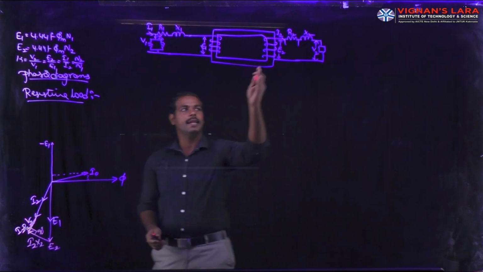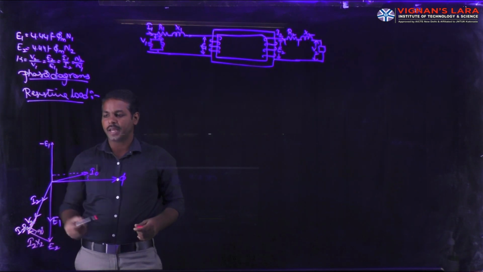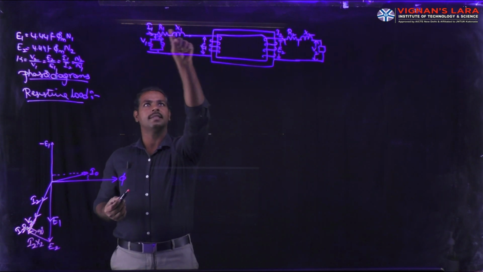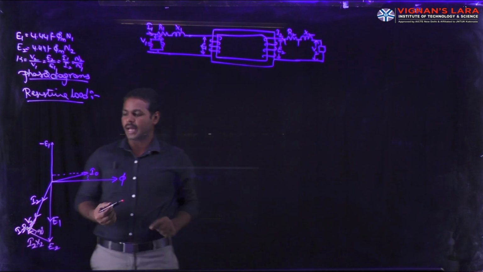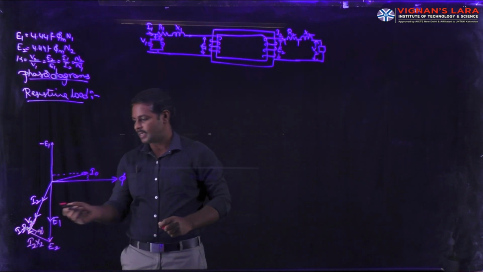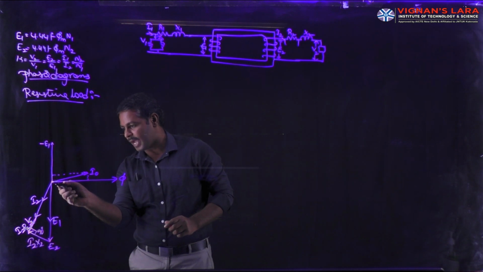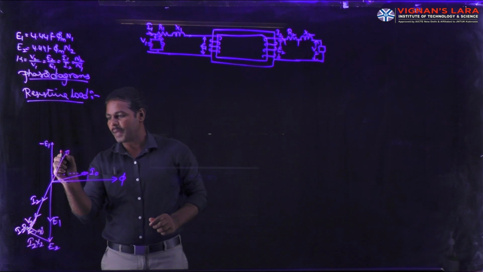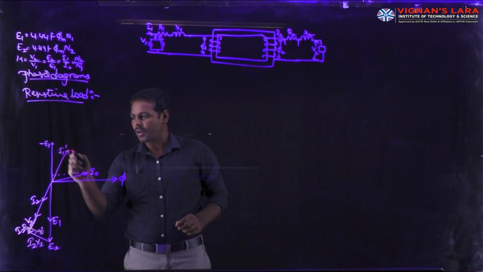So this is the secondary side. Similarly, we can draw the primary side with its resistances and inductances. E1 is to be added with resistance and inductance when we are getting the input voltage and currents. I2 is to be represented on the opposite side when we are getting I1 dash, which is equal to I1 dash with the same magnitude. So the resultant of I0 and I1 dash